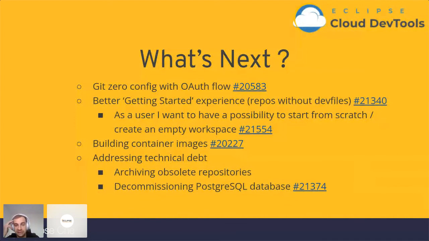And last but not least, since we look at the future of the project as more cloud native, we want to use etcd and use secrets and config maps and other Kubernetes resources as much as possible. So we still have the PostgreSQL database, but it's actually an obsolete component that we are going to remove fairly soon. You can find the issue references in this slide,